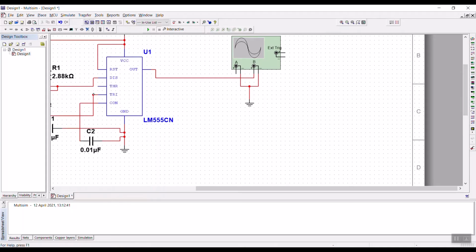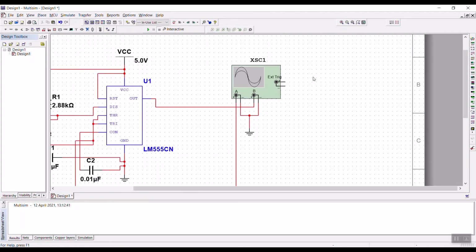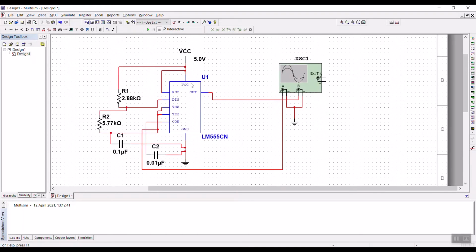After which your A channel's positive end should be given to the trigger. Somewhere on that line is okay. So you can just give it. So the circuit connection is done. This is the final circuit connection. After which you have to run it. Once you press run, this is the run button.